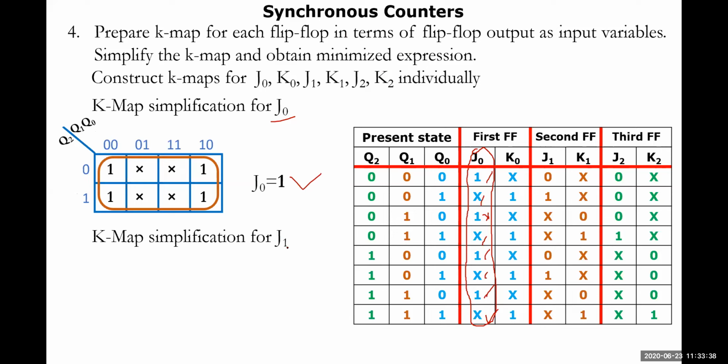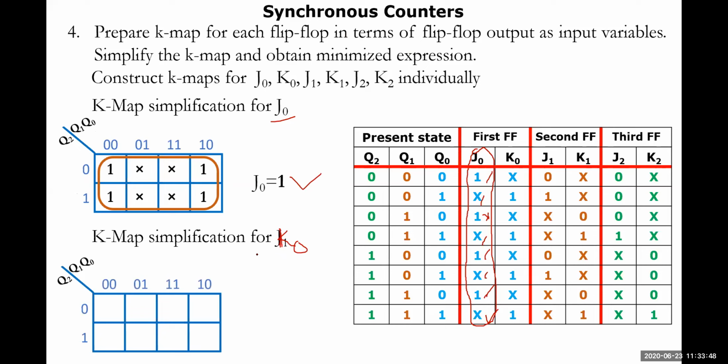Then followed by this, which is actually the K-map for K naught. This is K naught. This is the area where exactly you have to concentrate. You have to minimize this one. So look at this. First value is this one, second value is this one, third value, last value is this one, and final value is this one. Next value, and last value, and then followed by this one. Look at this, everything has been plotted here.